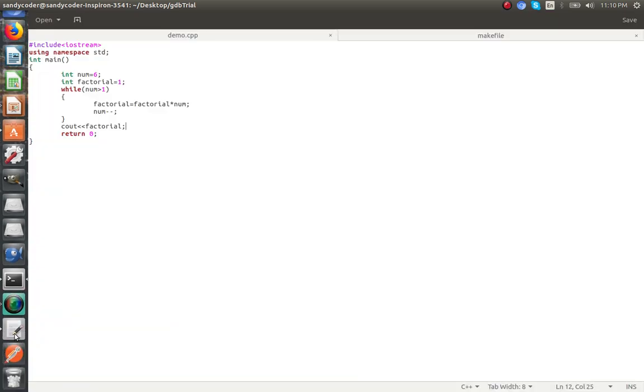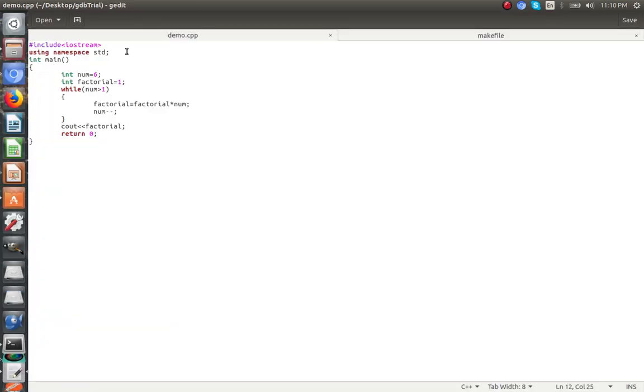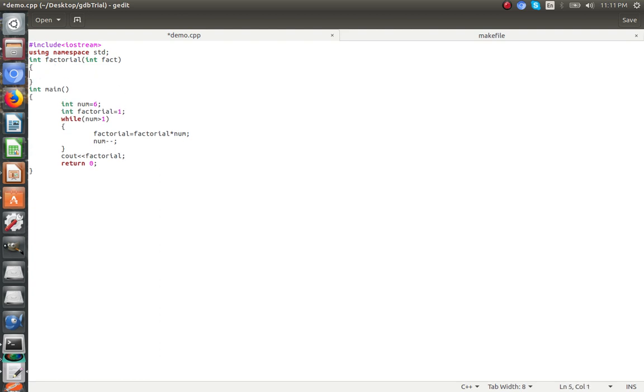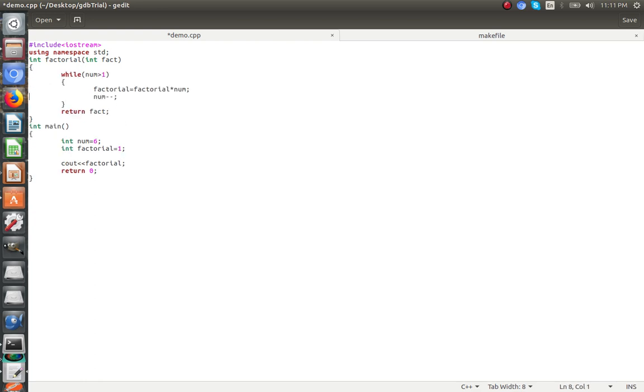Let's try to create a function for finding factorial, and we'll create a function int factorial, and let's say int fact, return fact. Let's remove this part and it will be